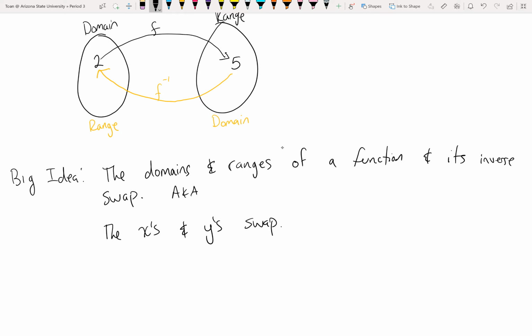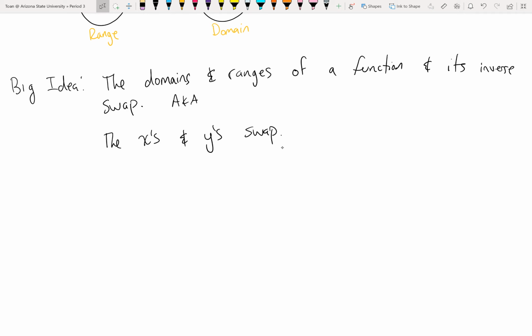And all it is, is exploiting this relationship here, that between a function and its inverse, the domains and range flip-flop, the x's and y's flip-flop. Right. So what do I mean? What are some implications? Well, we know for a